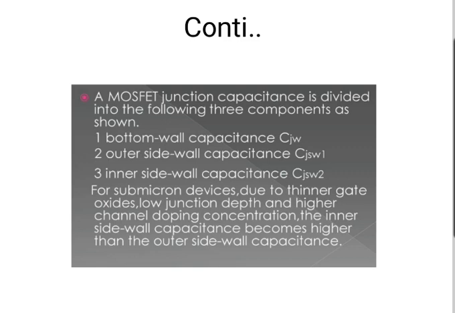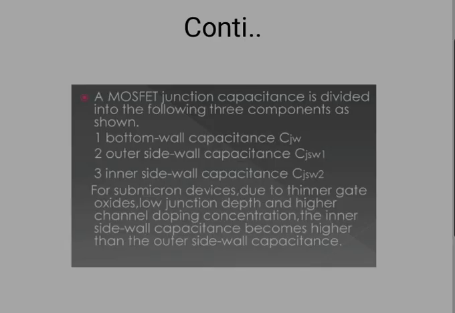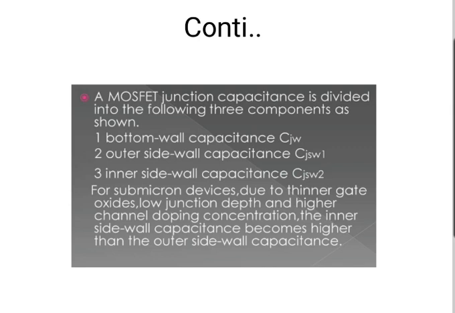The source and drain terminals of N and P channel devices are formed by N plus and P plus diffusions respectively. These form diodes with the substrate. For the diffusion region, each diode so formed has associated with it a peripheral or side wall capacitance, and its order is typically a few picofarad per unit length. So the overall side wall capacitance may be considerably greater than the area capacitance of the diffusion region to substrate.